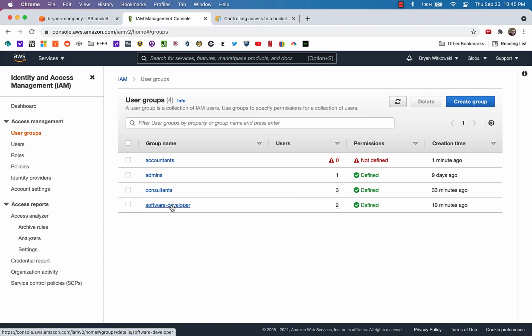Okay, so that's the overview of these AWS policies. Okay, so I'm going to go ahead and stop here for